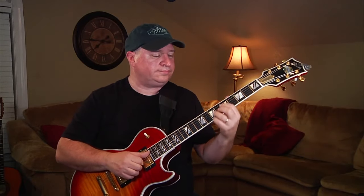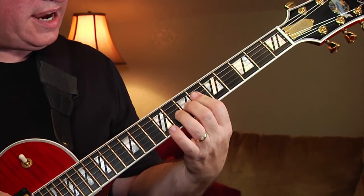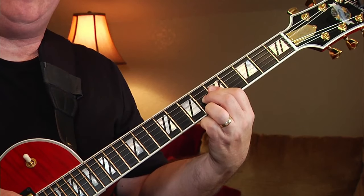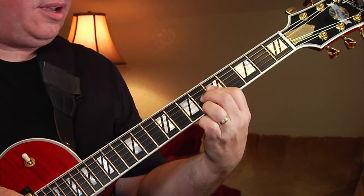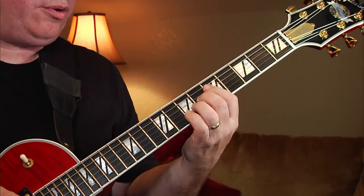All right, hey, 13, this is a fun one. I'll play it for you first, and then I'll try and explain it. Okay, it starts out with a B flat 7, and then look, if I just take these 3 notes and scoot them back a half step, but I keep that B flat as the highest note. If I scoot these back 1 more, keep that B flat as the highest note, then back and forth,